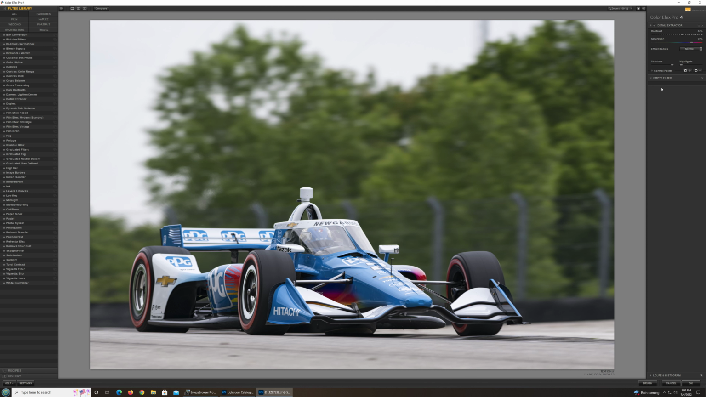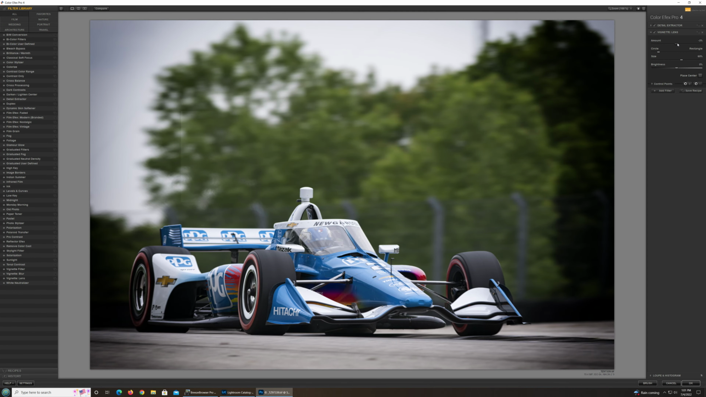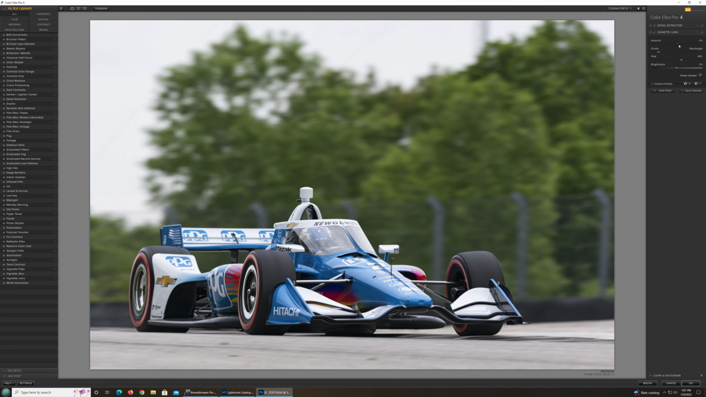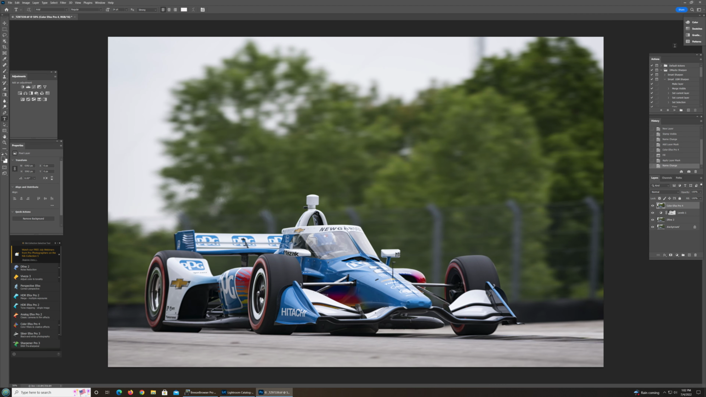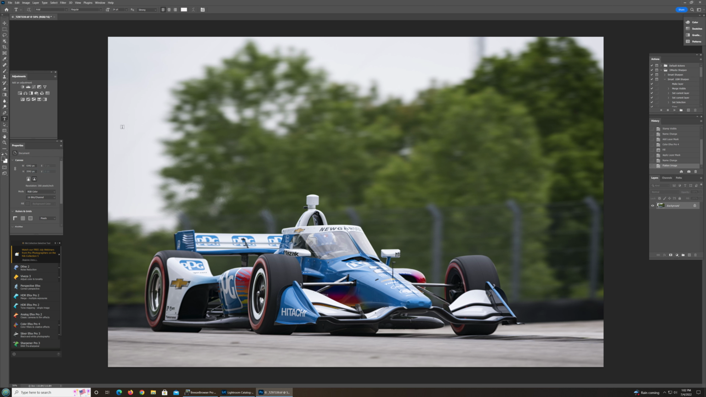Sometimes I will add a filter. Most of the time it'll be like vignetting. You can add a vignette lens. You can control the amount of vignetting. Once you're done with that, you can hit OK. Comes back in here. I'll flatten the image, and this was something that